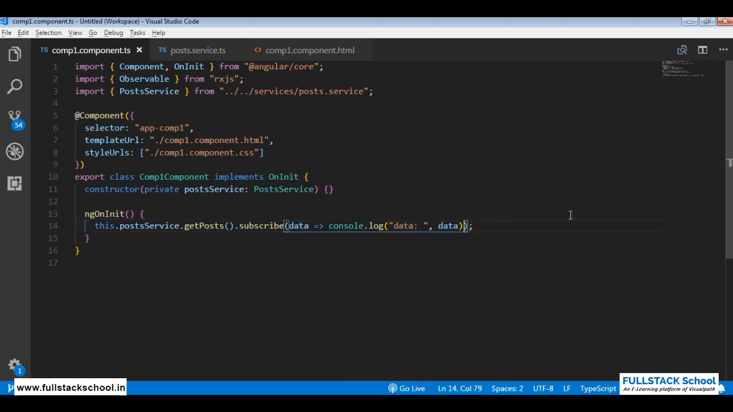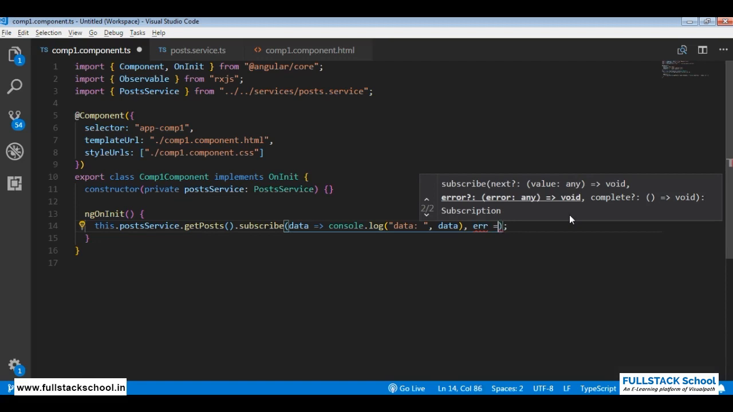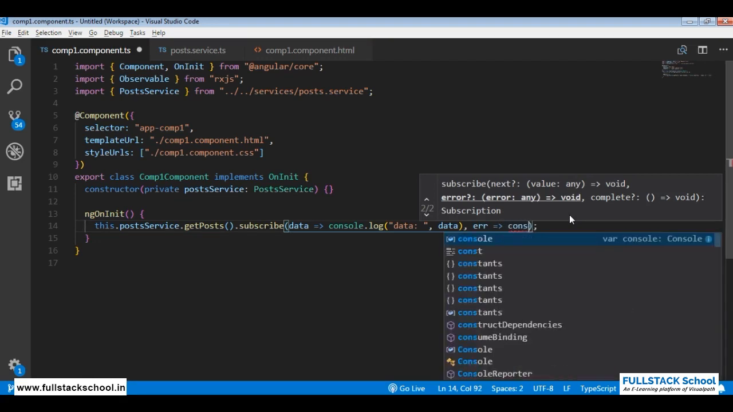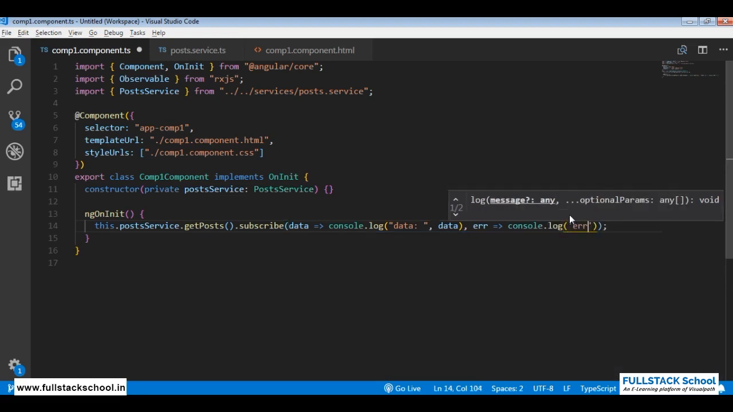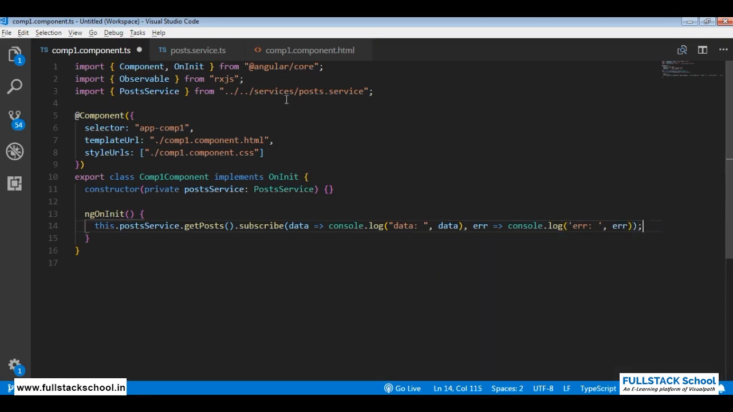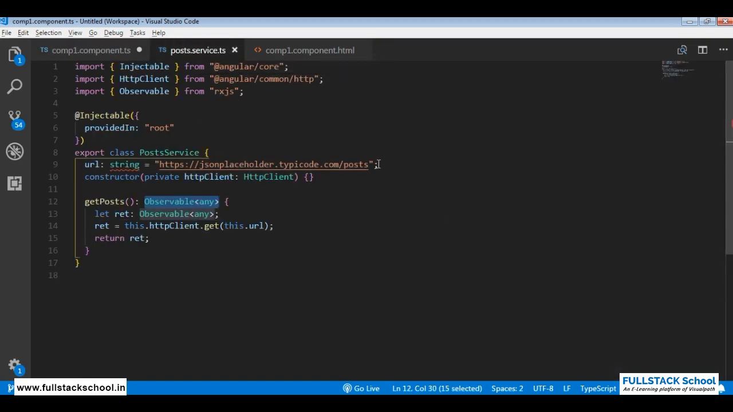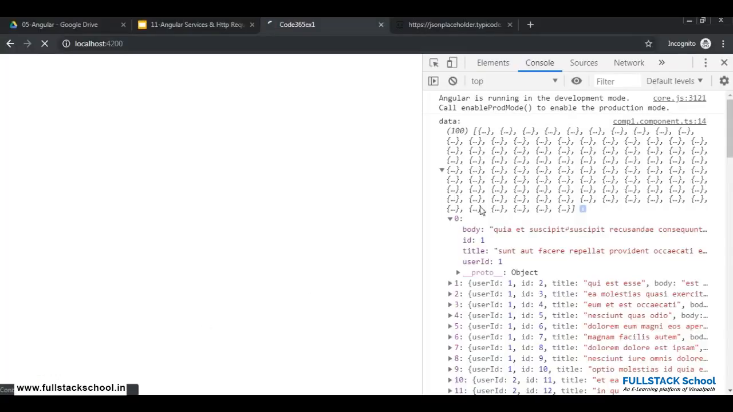If at all it goes for an error, I say error and say console log error comma error. Let us make this error work. So if I pass something like this, which is not valid, and I save all and see,